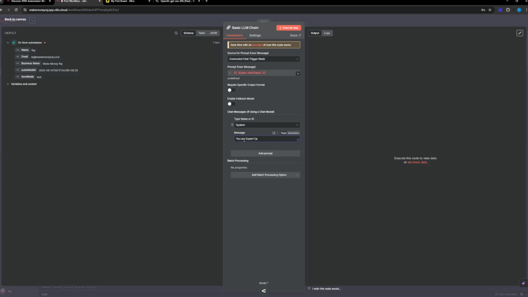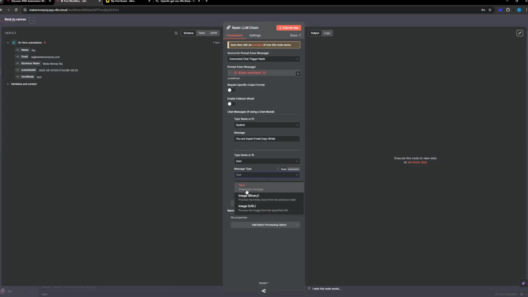copywriter. You don't literally have to do anything because I'm taking extra steps, but yeah, you are an expert email copywriter. Cool. Add a prompt, and here add it to the user, and the message type is text. I can also send images, but yeah, we're gonna send text. The message is going to be